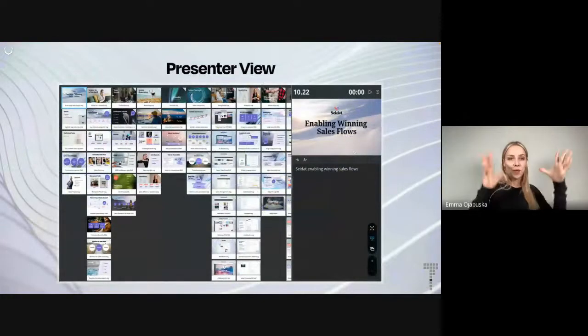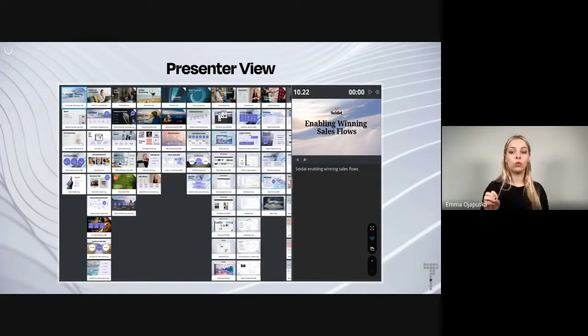So in Seidat, at the moment when I'm presenting, I am looking at this kind of view. Well, this is not my view at the moment, but a similar view to this. I am using the presenter view. This allows me to move from one slide to another without actually going through all the slides. So if I would be first here in the front page, and then somebody would ask me a question about analytics in Seidat, I don't have to use the arrow keys on my keyboard to go through all of these slides first. I can just pick this slide here that tells about the analytics and show it to the customer